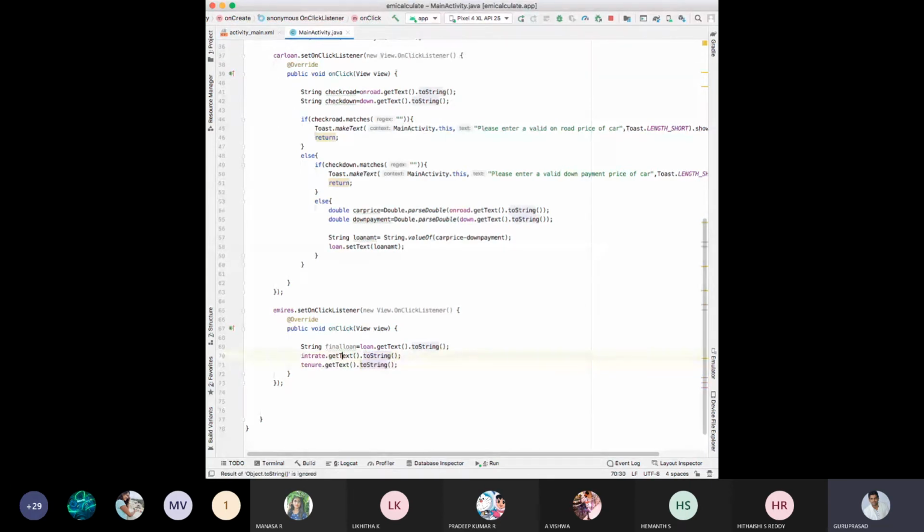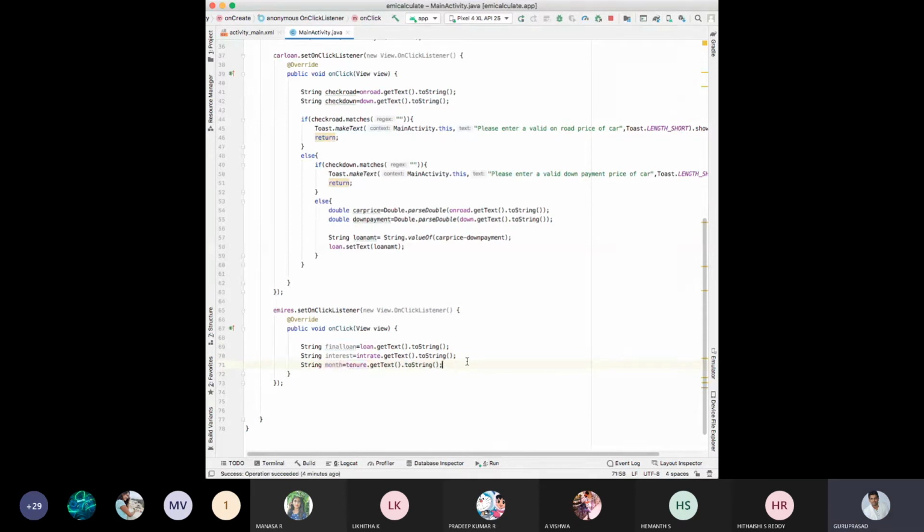So I'm just saving this interest rate in interest string, interest is equal to, then I'm saving this in string month. Okay, so I'm saving loan in the final loan, interest rate in the interest, tenure in the month.